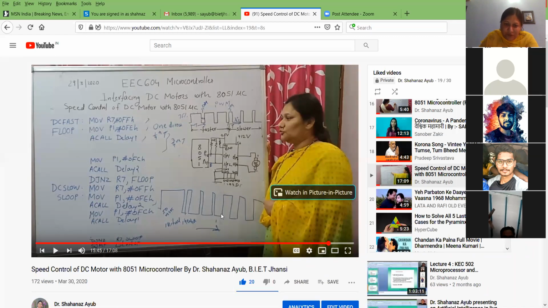Will you be able to write the program for acceleration? How will you have to put this type of pulses? Let's say for this, you can take one counter as R7FF, and again for here, the same counter will be there, but you have to increase the on time. So it's a matter of delay. You have to change the delay. You will put the same thing onto the motor supply pins, but the delay you have to change. For this, the delay will be different. For this, the delay will be different. So you have to manage with the delay and write the program accordingly.